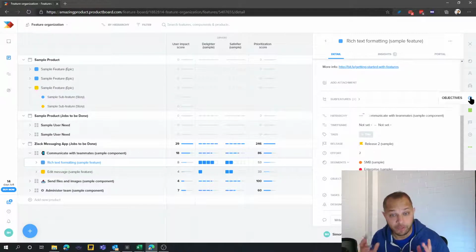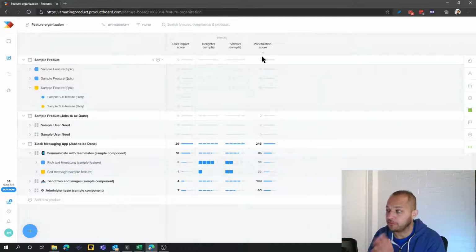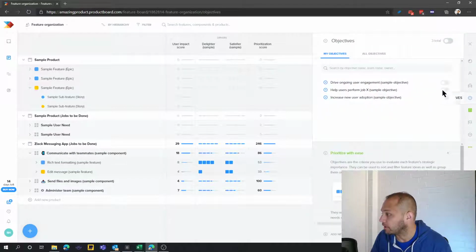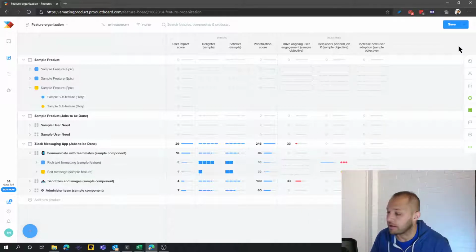What I really love about Productboard is the way you can layer in complexity as we go. So here I can see a very simple view of the product. I can see, okay, this is what the users are saying, this is what we think, our drivers, and this ends up in a final score. But I can start layering in OKRs quite easily. So I'll turn this on here. Oops. There we go. And suddenly I can say the business can start having a say in what products are